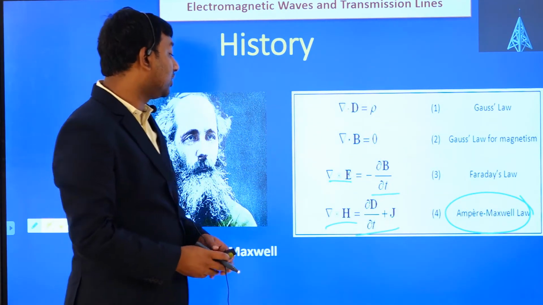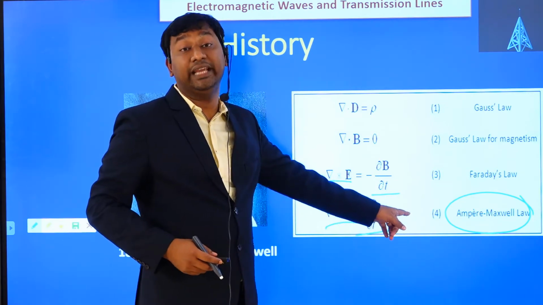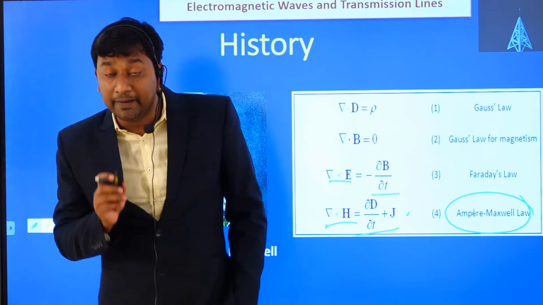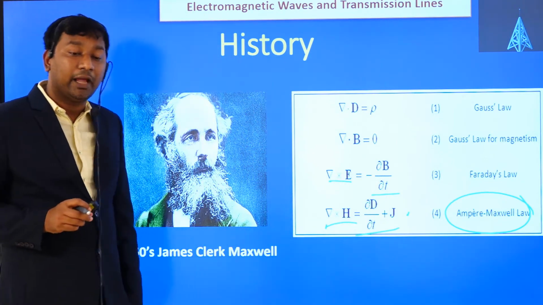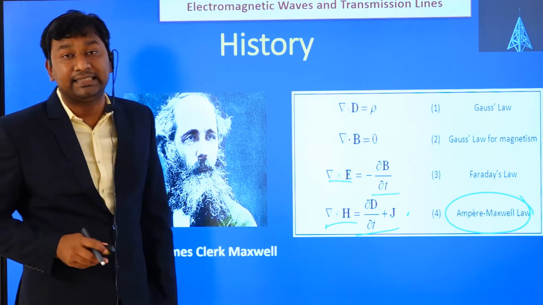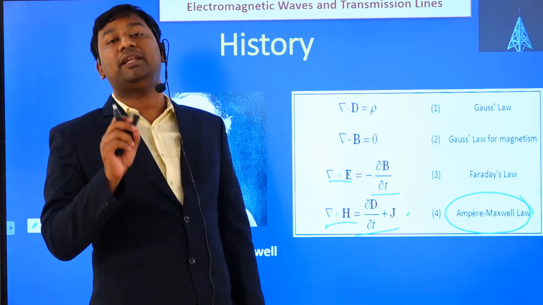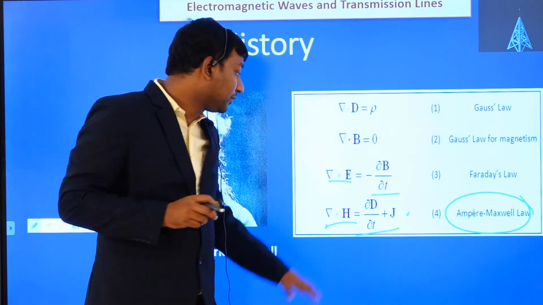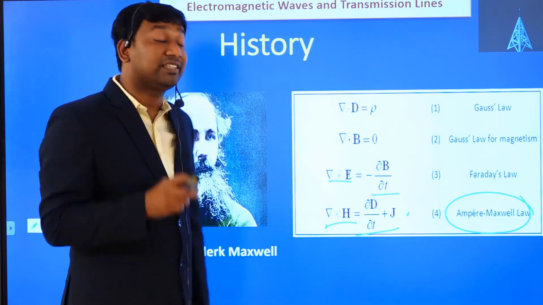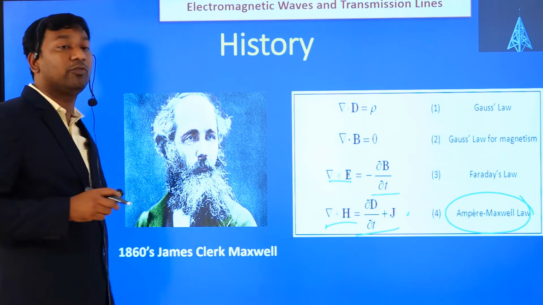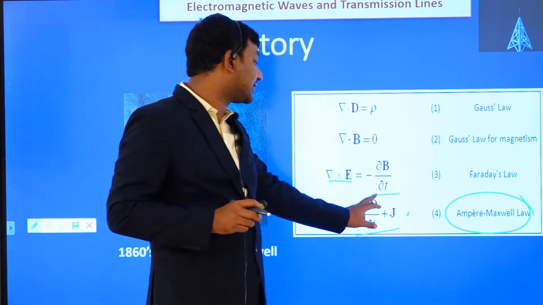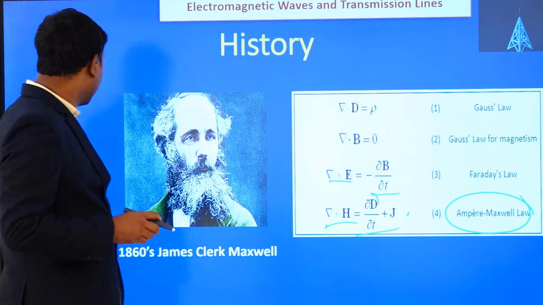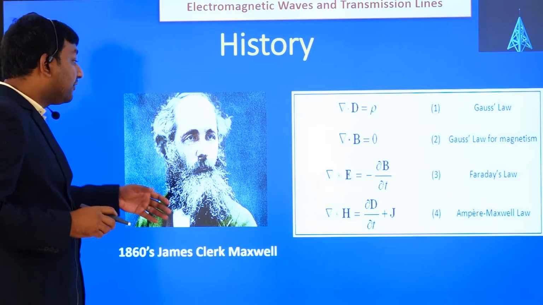In Ampere's law we get del cross H equal to J, so the current is related to the conduction current density. But he pointed out that apart from conduction current density, there is another current called displacement current density, which also takes a vital part in the current. So there are basically two components, one is conduction current and the other is displacement current. He added this term, so it is called modified Ampere's law.